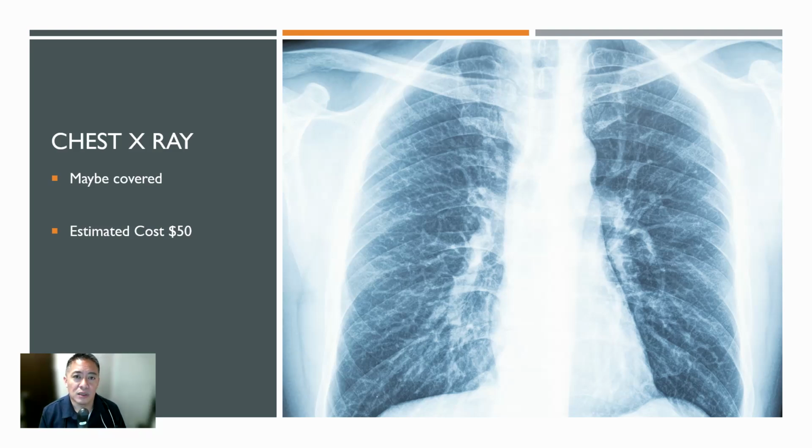So what are we looking for with an annual chest X-ray? Well, the radiologist is really looking for big masses. So if there's a big mass somewhere, then maybe it's TB, maybe it's going to be a lung cancer. It can also sometimes suggest osteoporosis or thinning of the bones, depending on who's reading it. But that is something, if you want the chest X-ray, please